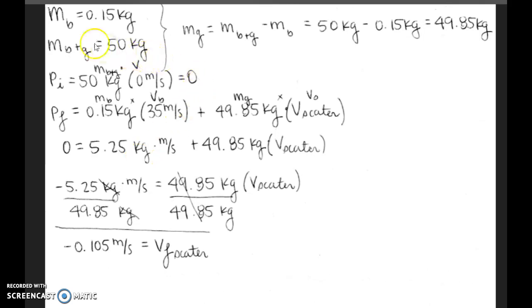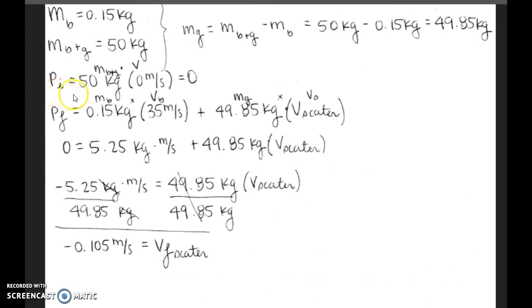Since we know the mass of the ball and the mass of the ball plus the girl, we can determine the mass of the girl by herself by subtracting the mass of the ball from the mass of the ball plus the girl. That gives us 49.85 kilograms as her mass. From that, we can determine